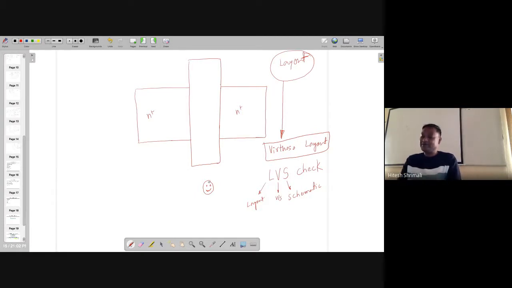When I was a student, I remember we used to show this green color smiley so that, okay, sir, this layout is working, and we used to feel happy looking at this. Believe me, after making so many layouts, you will realize that this green color smiley gives you so much satisfaction, because layout versus schematic does not work on the first attempt. What do you say, Saurabh? You must be realizing this now, right? Even for a small inverter, if you are a beginner, it takes time.